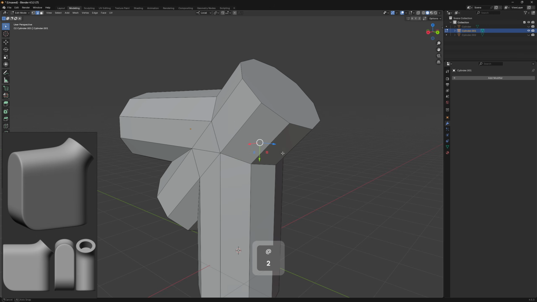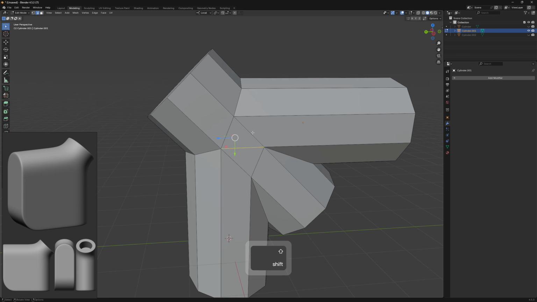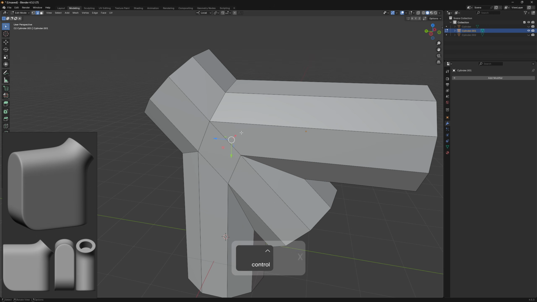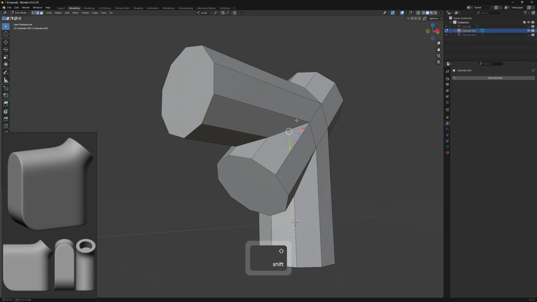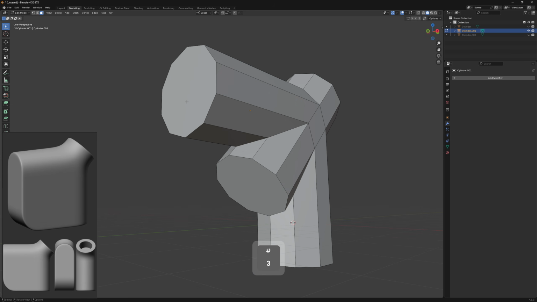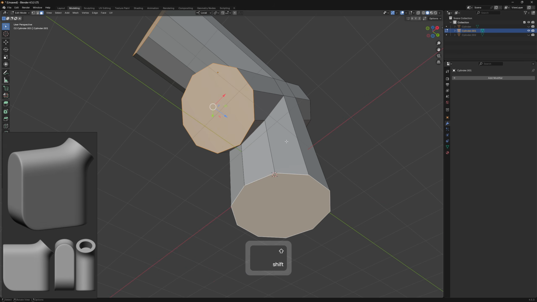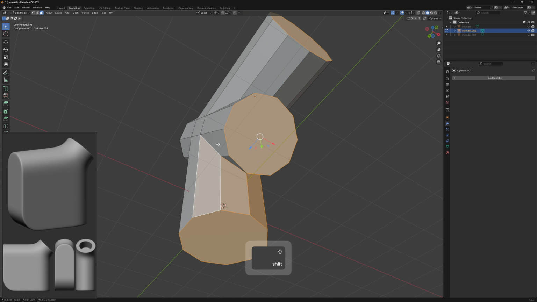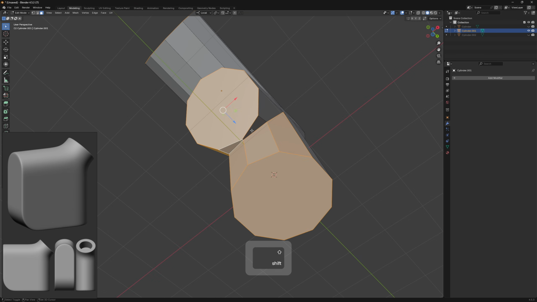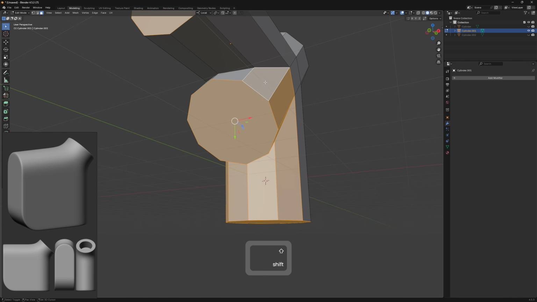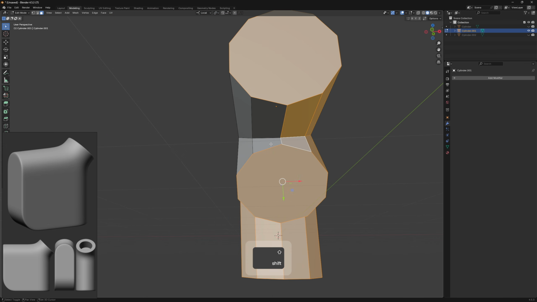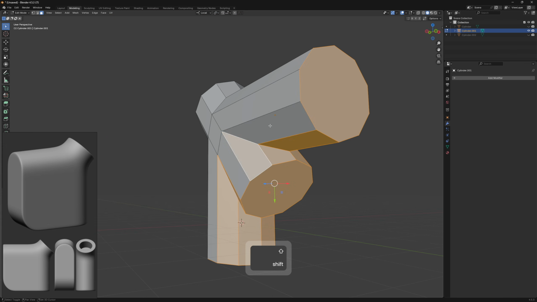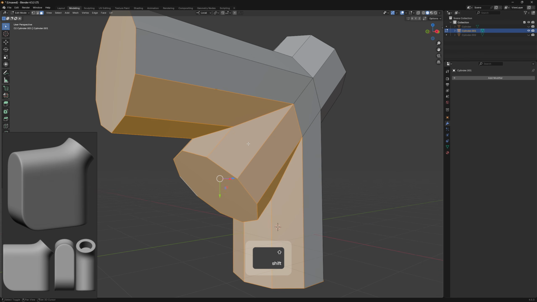Perfect. I think we can dissolve out those edges. I will hit Ctrl X, and the next thing I'm going to do is go into polygon mode and start to delete the polygons that we don't need, like those ones. I will hold down Shift and select the polygons that we don't need, those ones, and simply hit X and